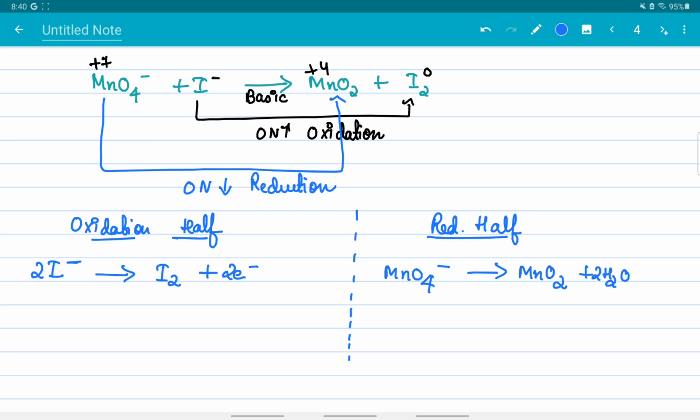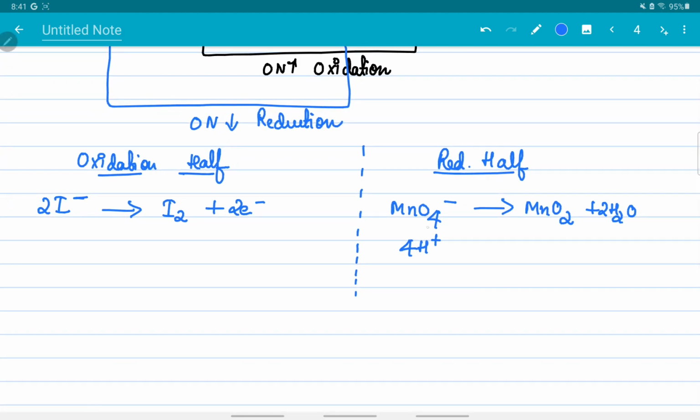Next step, to balance hydrogen, and to balance hydrogen we are going to add H plus ions. Okay, so if you see on the right hand side over here, you have got 2 into 2, 4 hydrogens, but on the left side you don't have any hydrogens. So you're going to add 4 H plus ions, and where will you add this? You will add this on the left hand side. Okay, so plus 4 H plus ions is added on the left hand side, and now left hand side has got 4 hydrogen, right hand side also has 2 into 2, that is 4 hydrogens. So hydrogen is balanced, oxygen is balanced, all the atoms are balanced. Next step is to balance the charges.